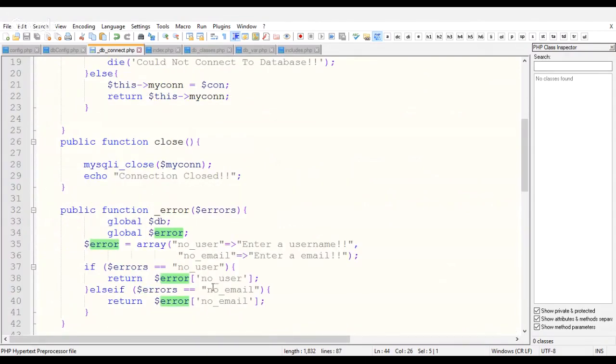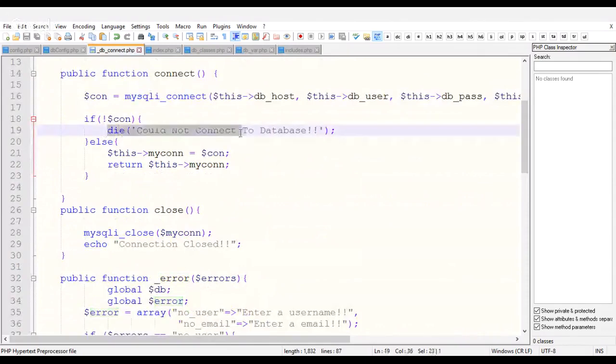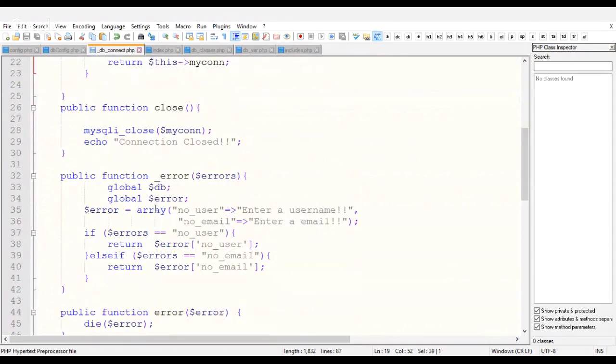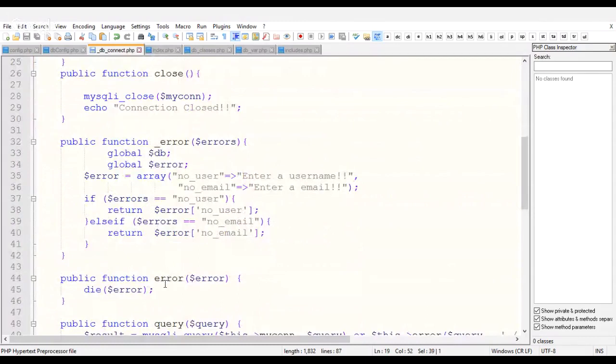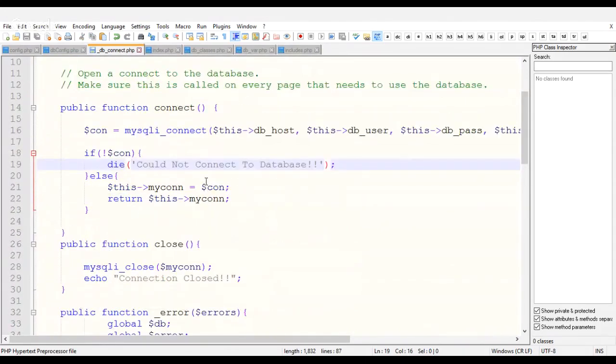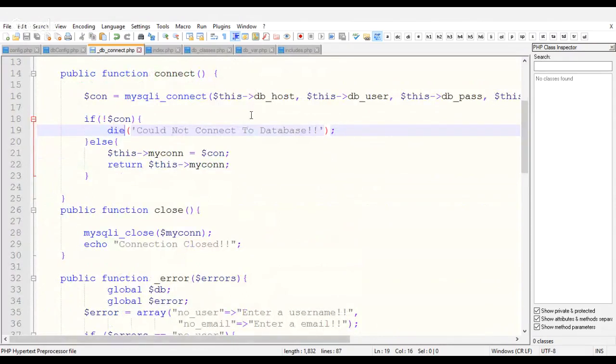So in this one, we're going to call this. How can we do this? Die. Can I do this, or do I have to call it function db function? I just leave it how it is for the connection. And or else, if the connection is true, we're going to have this: my connect equals the connection, the connect. Then we're going to return